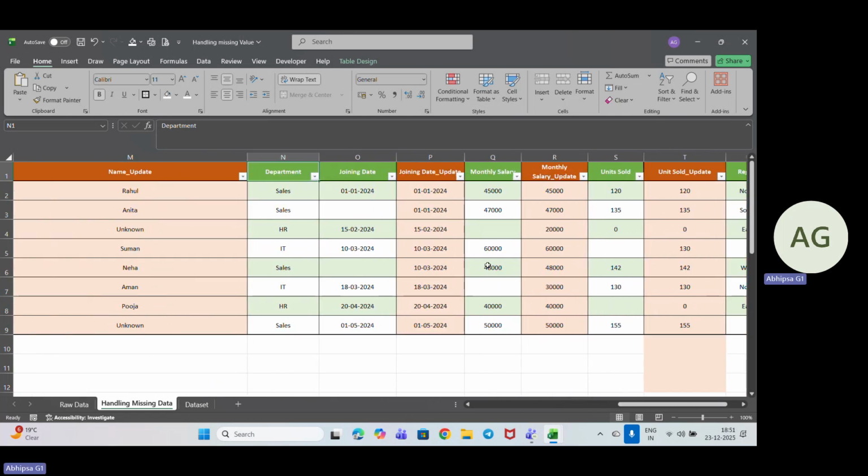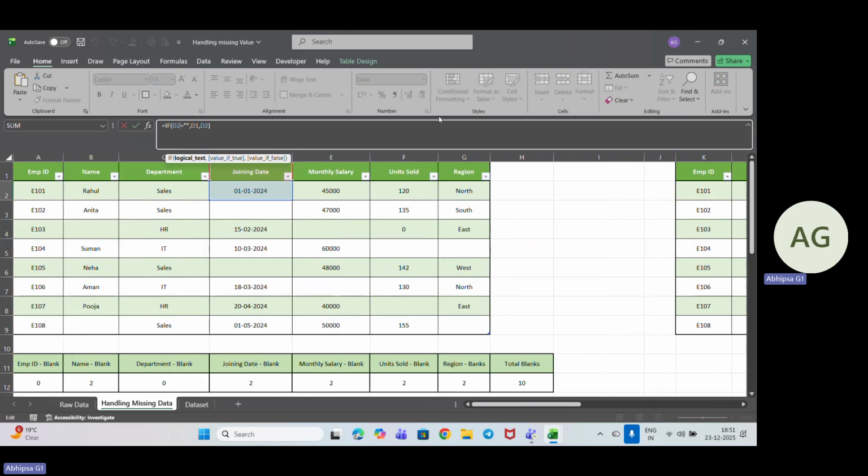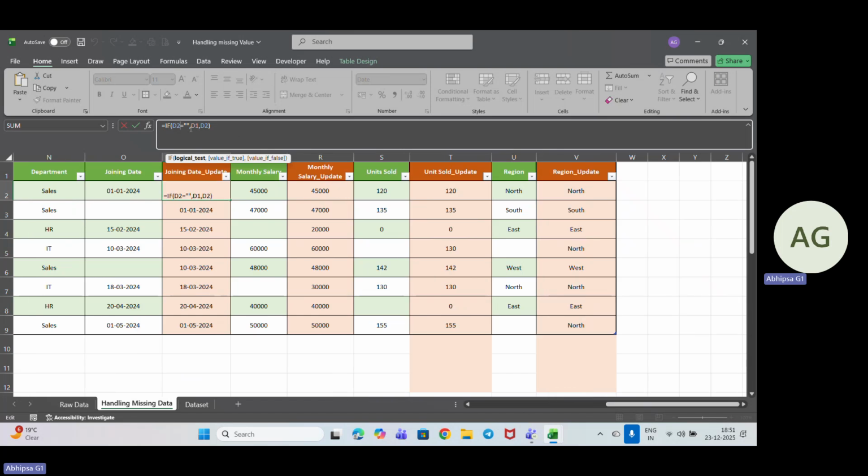Now coming down to joining date, right? So joining date again we have got two missing values. So we will be seeing how we have done that. So we have just taken the value from here, the same way we have checked, like we have used the if function. So if D2, like the value we have taken, if this value specifically, we will be checking if this value is empty, then we will be filling it up with this value only,